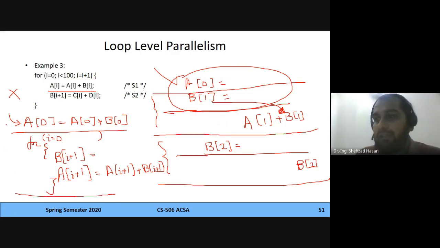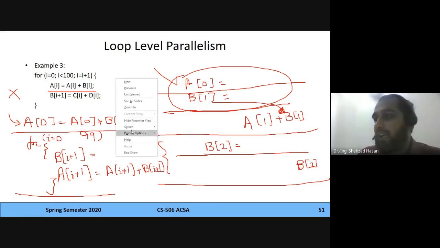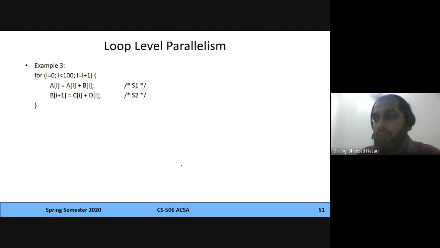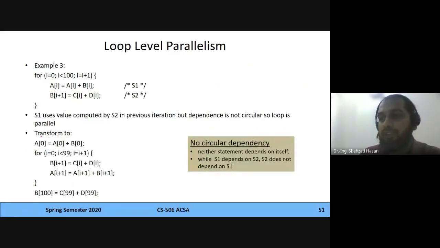Lastly, it's going to run 99 times, not 100 times, because you have done one instruction for the first loop separately. The last thing left is to do the last instruction separately. So the last instruction would be the last value, which is going to be 99. So B100 is equal to C99 plus D99, right? So the whole program for that is here. These are the changes that we need: the first instruction and the last instruction are written separately, and then we have got a 99 times loop which